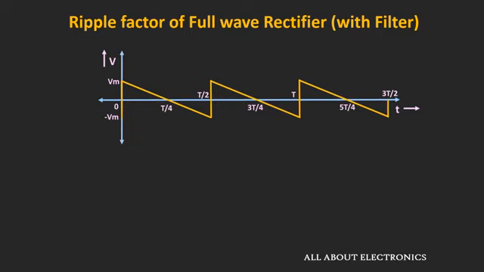So by neglecting this offset voltage, the sawtooth waveform can be represented like this. Now here, before finding the RMS value of this waveform, we need to express this waveform in the mathematical form. And in mathematical form, it can be expressed as Vm minus 4Vm by T times t. And this expression is valid for 0 to T by 2 time period. Now one more thing, if you observe, this waveform is symmetrical around T by 4 time period.